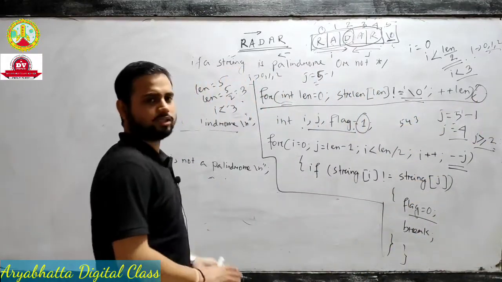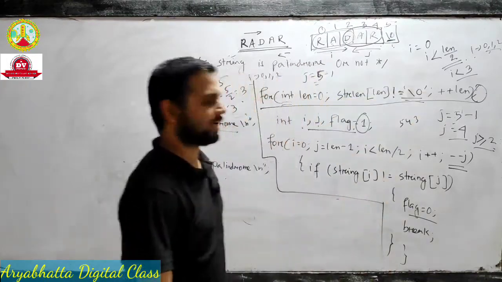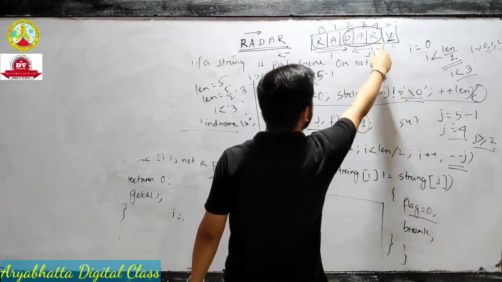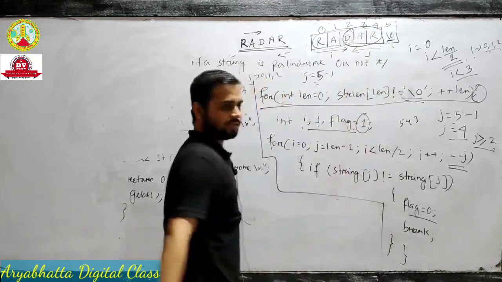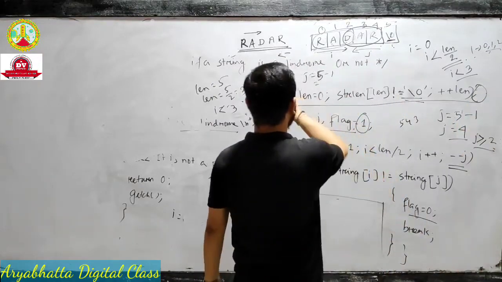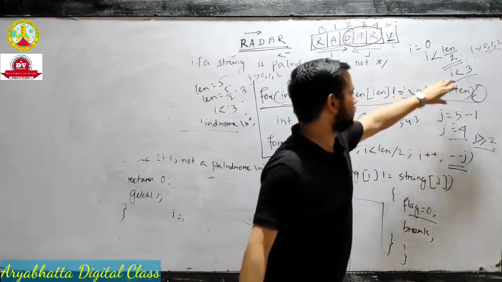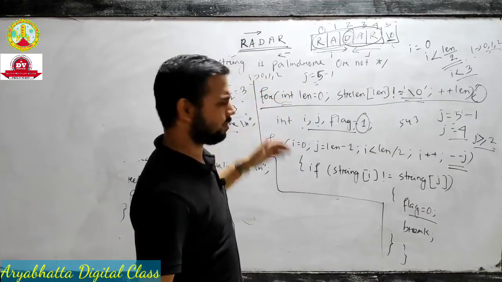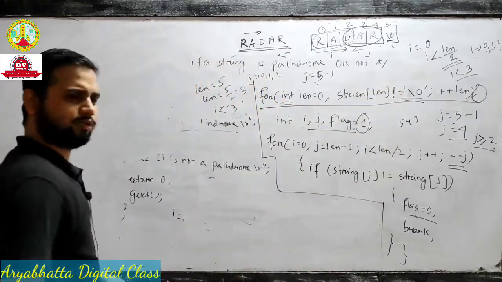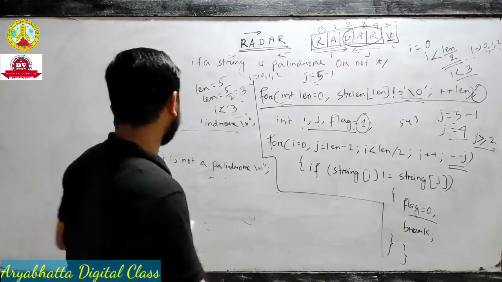Don't be perplexed. Okay, you simply see this loop is for inputting the string, and this condition is int len 0, not equal to backslash 0, meaning up to here, before the backslash 0, up to the ending of the string. And this semicolon is there because this is not only a condition, it is the character of the string value. This is a little bit different from other for loops. Just look carefully, then you will easily understand. If you have any doubt, you can ask me at my mail ID or in our digital class.